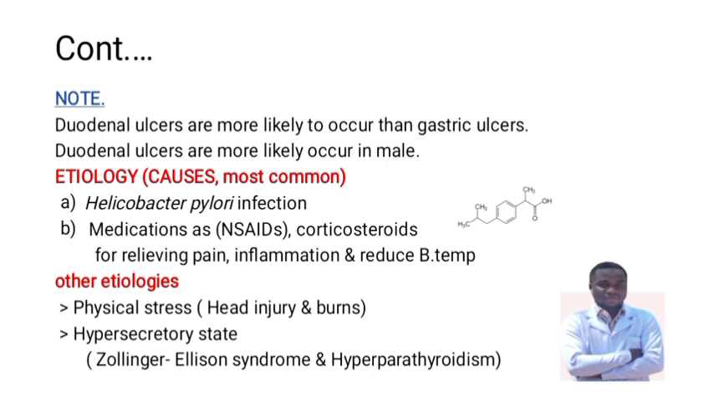Let us go and see the etiology of peptic ulcers. Etiology means causes. Here we have the two most common causes. The first one is Helicobacter pylori infection. Helicobacter is the bacteria that colonizes the stomach. It is a gram-negative bacterium that colonizes the gastric mucosa and releases adenosine that helps to bind to the